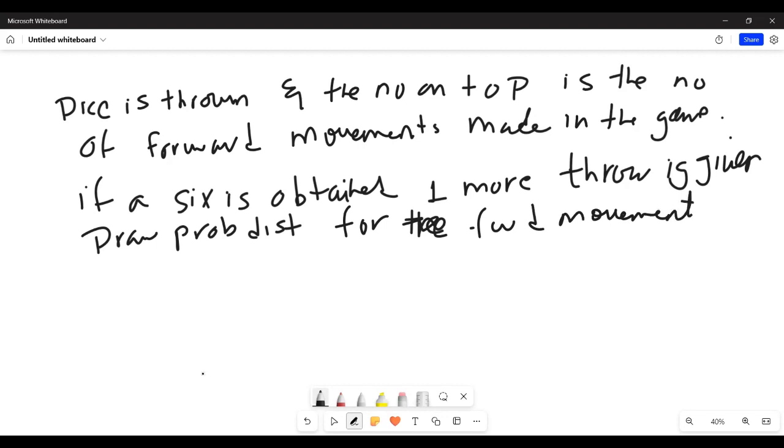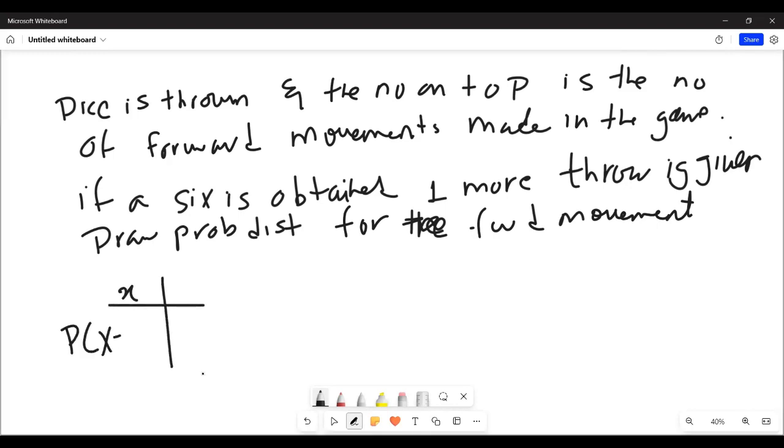ओके, सो बेसिकली लूडो को समझा रहे हैं कि एक डाइस थ्रो किया, जो नंबर आया उतने आगे चालें चली, और अगर 6 आता है, छक्का आता है, तो फिर हम एक और बारी करने की परमिशन होती है। सो अब प्रोबेबिलिटी डिस्ट्रीब्यूशन टेबल बनाना है कि क्या क्या मूवमेंट हो सकती हैं व्हेन यू थ्रो अ डाइस। सो एक्स, probability x equals to x।